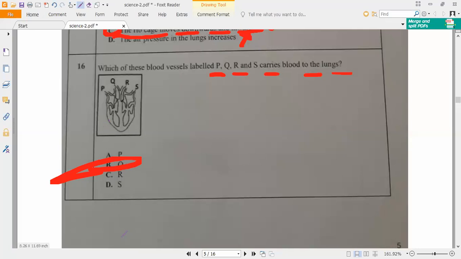So you can check it, guys. Blood to the lungs means it will start from what, guys? Left ventricle only? Is it yes or no? Left or right ventricle? It is the right ventricle, on the right side only, and this is the left heart. Right ventricle. So which one is it?